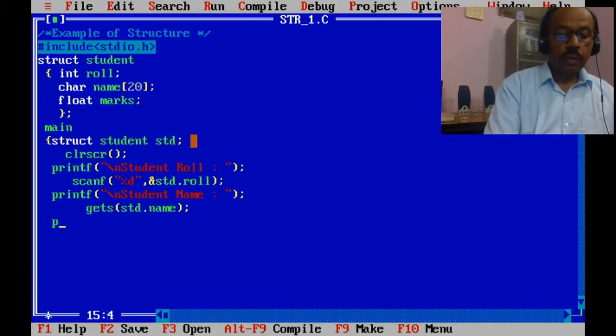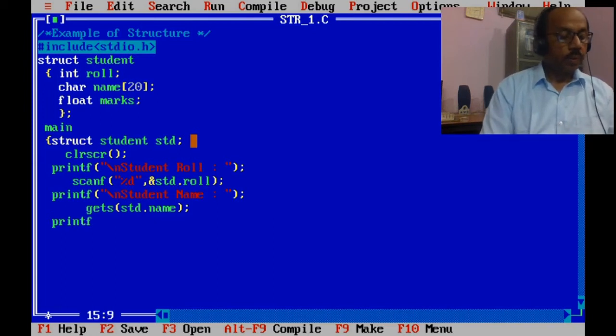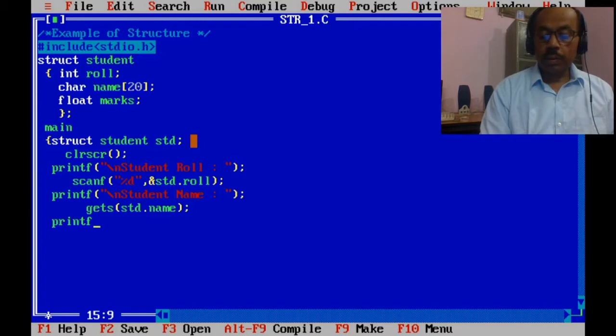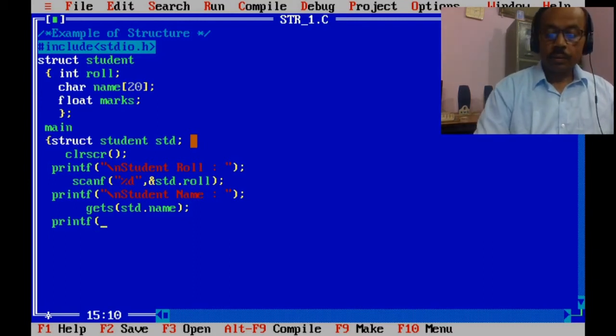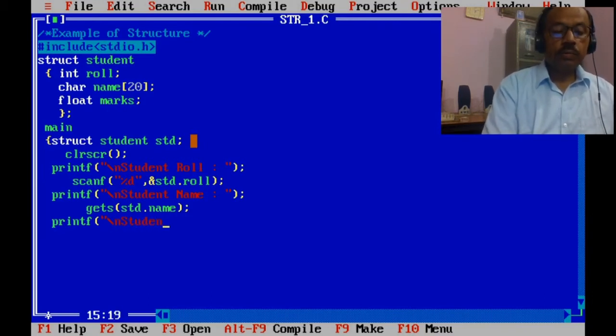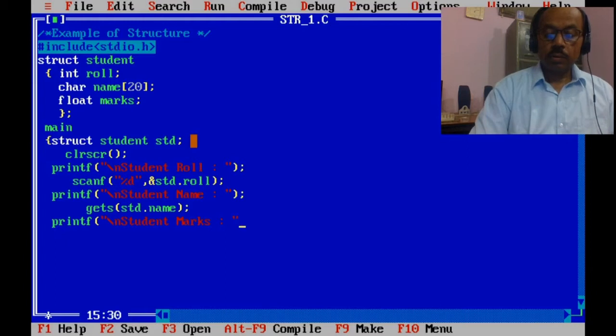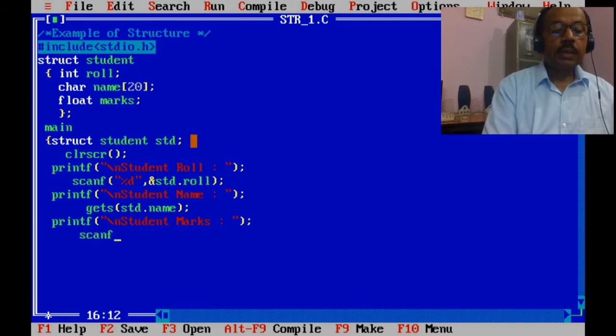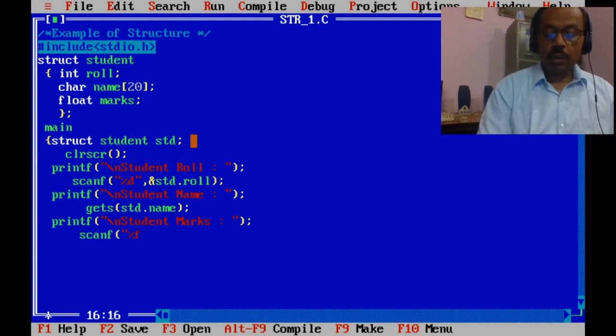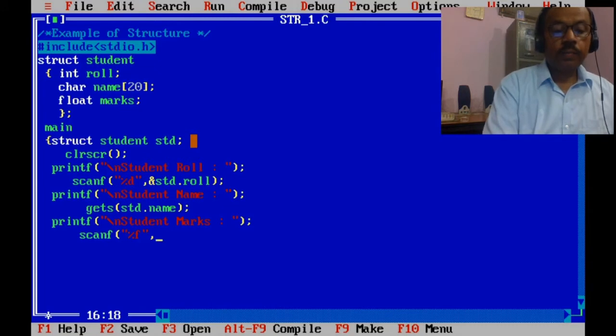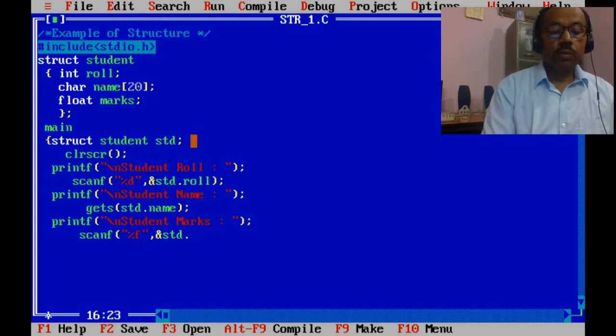The label to enter marks is printf student marks. scanf %f, &std.marks.